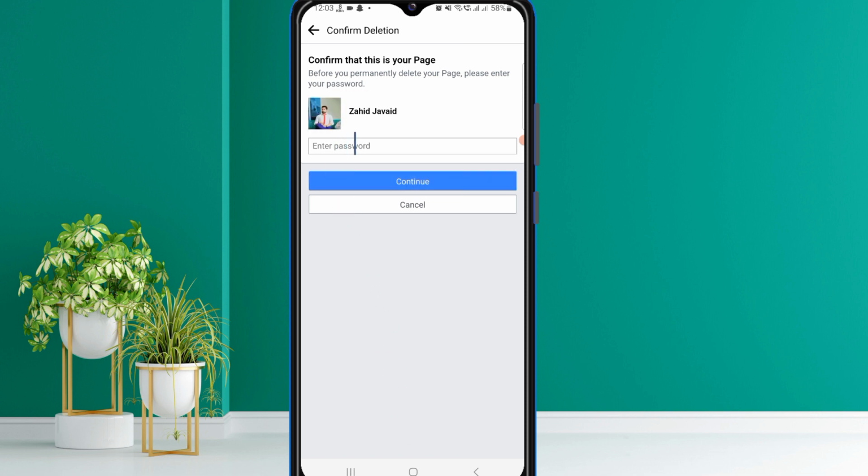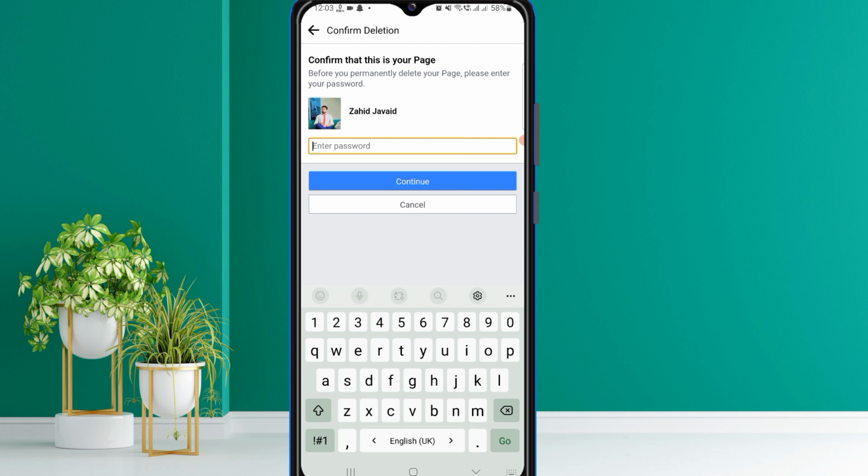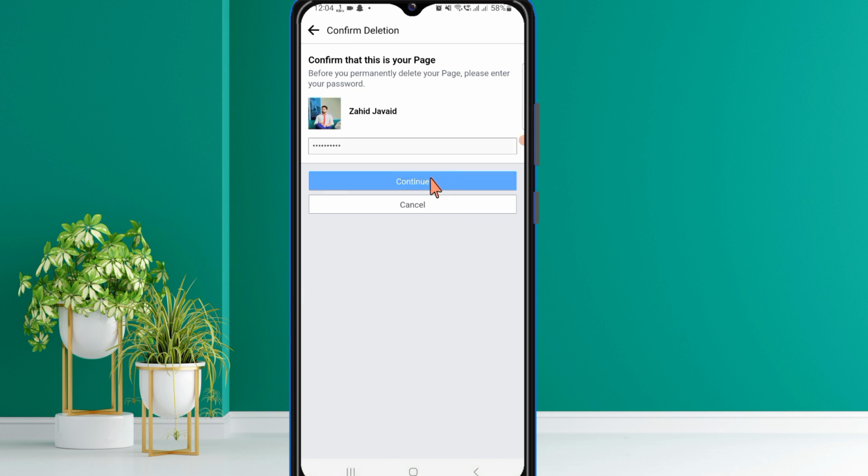And here it will ask you some questions to confirm that it is your page. If it is your page, please write your password here. After writing the password, click on continue